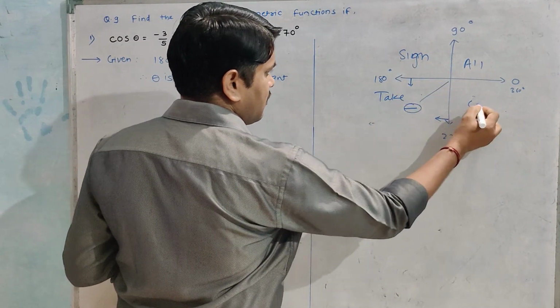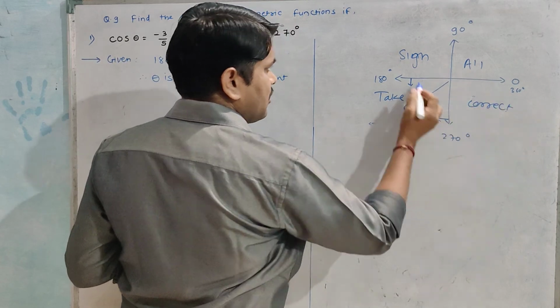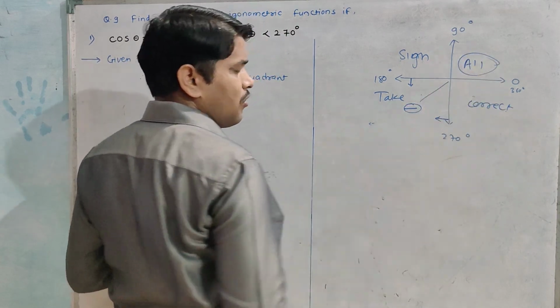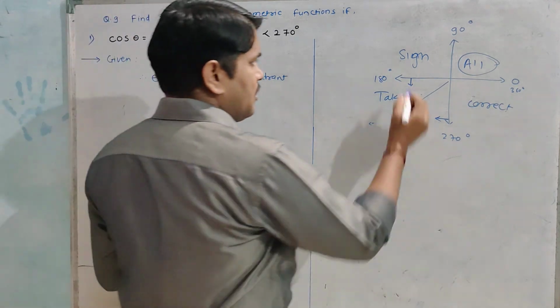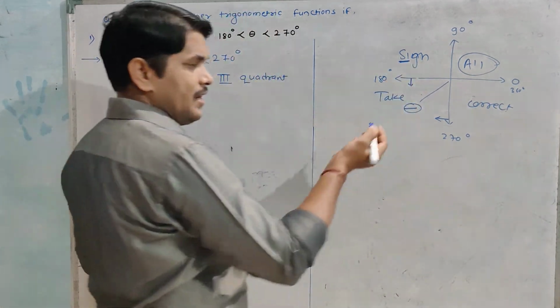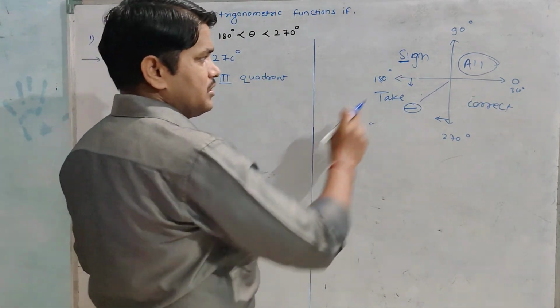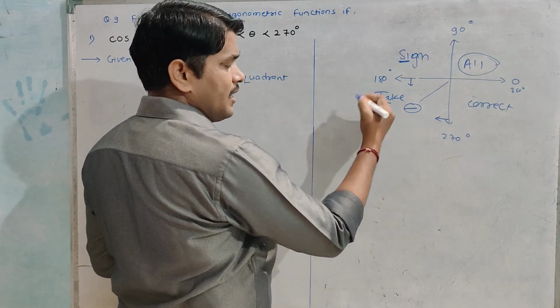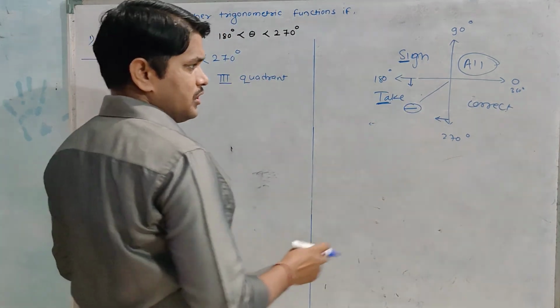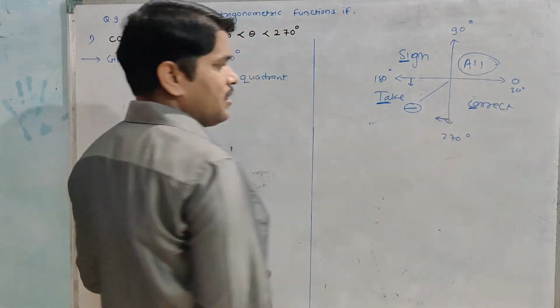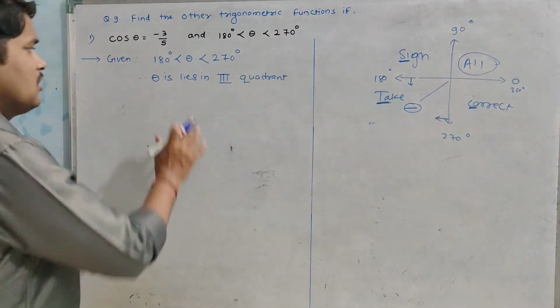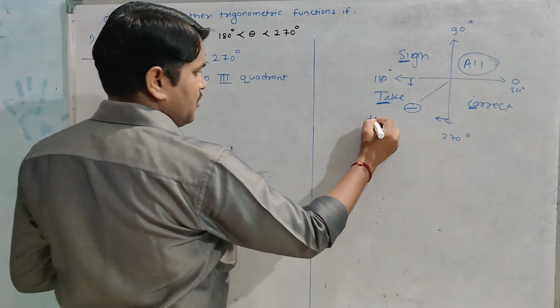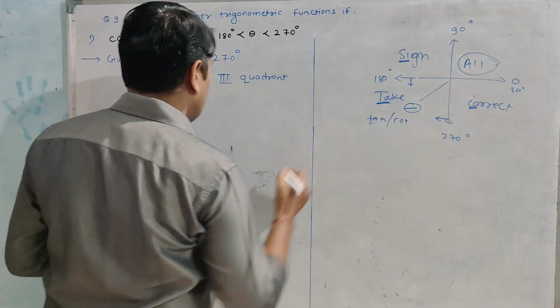take correct. Okay, so in first quadrant all trigonometric functions are positive. याच्यामध्ये होतं sin and its inverse, that is cosec are positive, tan and its inverse cot are positive, and cos and sec are positive. Okay, so third quadrant मध्ये काय असणार आहे? tan आणि cot positive, tan and cot are positive.